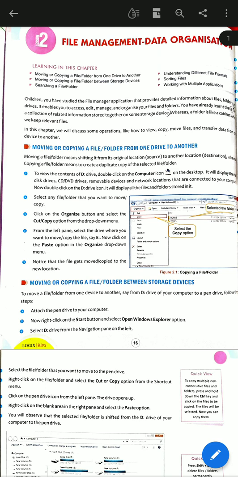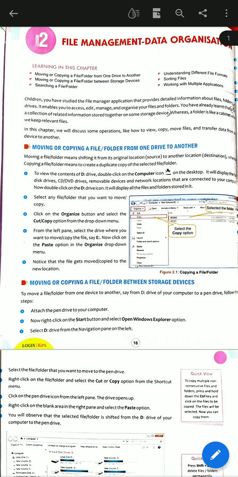Whereas copying means making a duplicate copy of the original file and keeping it in a location where you want. Okay, it is called copying.